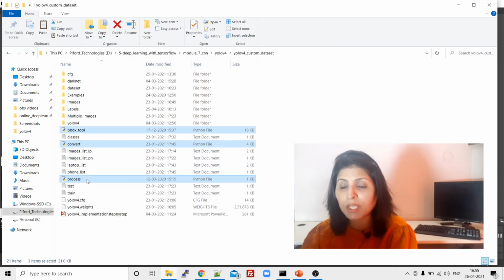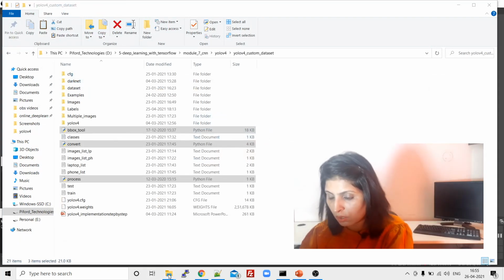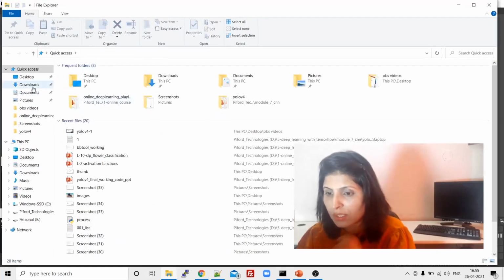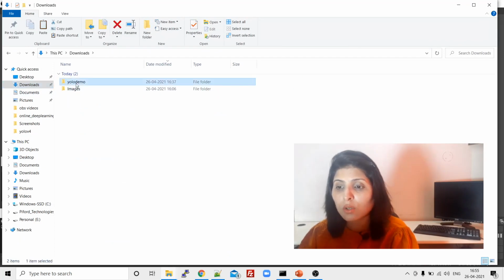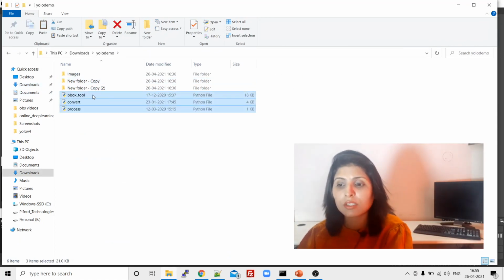Just copy these three things from that bbox tool folder and paste them in the folder which I've just shown you. Okay, so where is the folder? It is in our downloads. So under the YOLO demo folder over here, paste these three: bbox tool, convert, and process.py file. So where did we get these three files from?